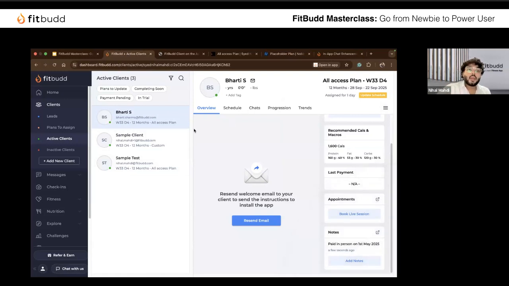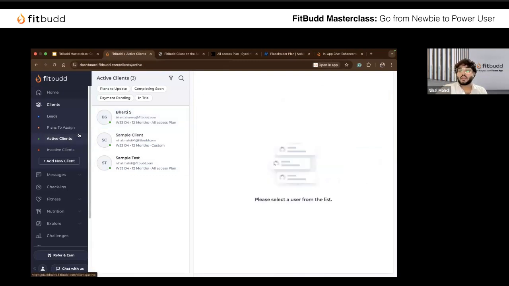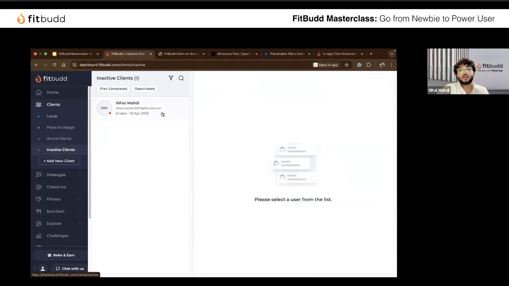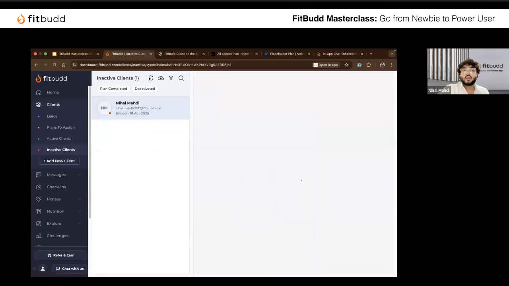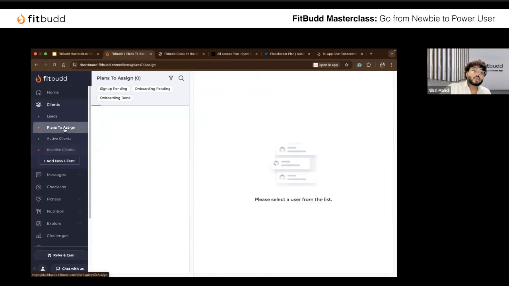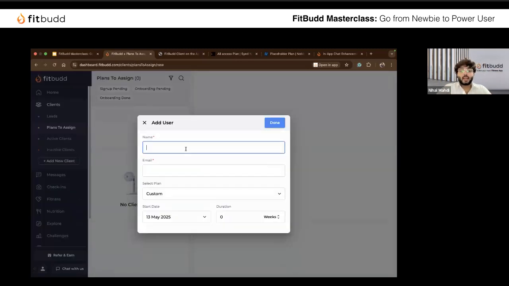Okay, now moving on, this is the third, the inactive client segment. Once your client has completed their program, and their account is deactivated either by you or by the system automatically, then they'll be visible here in the inactive client segment. These are the 4 client folders that you need to know. Mostly, once you start adding a client,